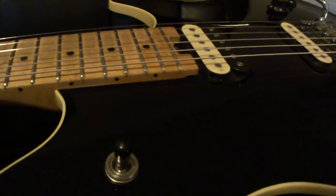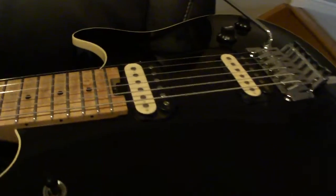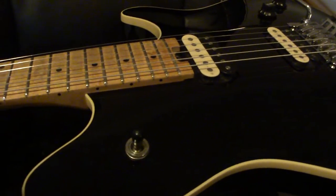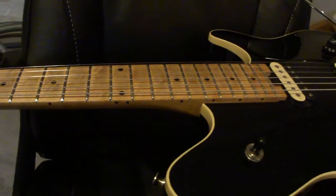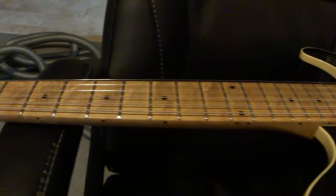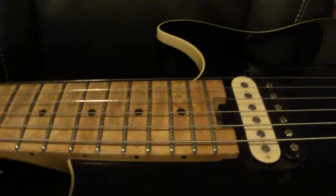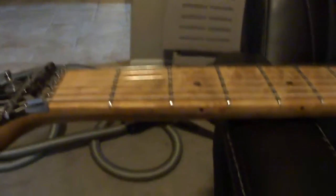Okay, we're here with a PV Wolfgang 97 USA archtop. Just a few things I'm going to go over in terms of the setup that I'm having a little bit of trouble with. Hopefully someone can give me some advice here. First we're going to talk about the truss rod, and then I'll get to the bridge over here with the action. So with the truss rod, I'm just going to put a capo down on the first fret and show